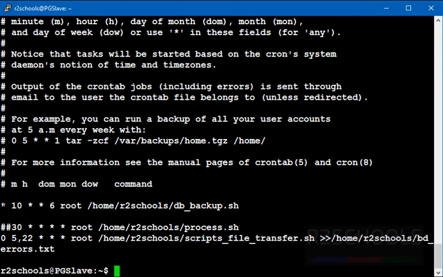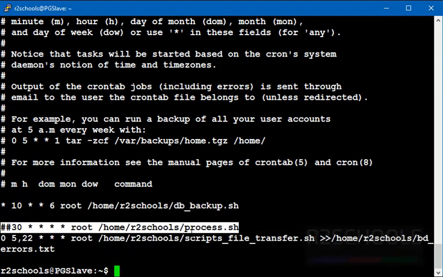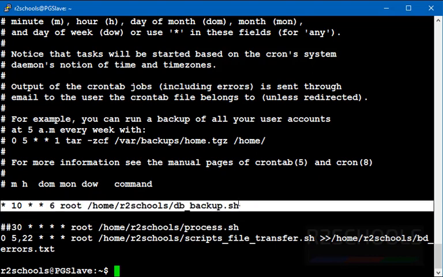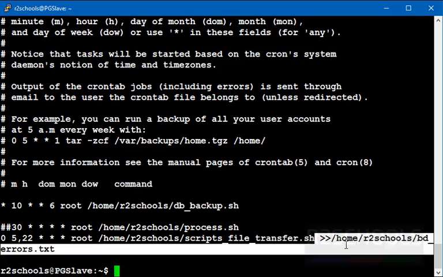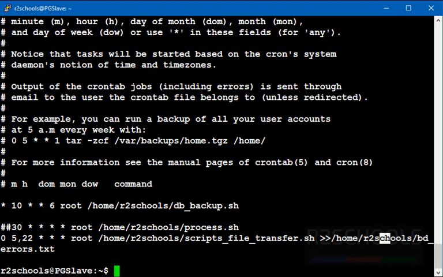See, we have 3 jobs. Out of 3, one is commented out, which means we have disabled that job. The first one runs the database backup job every Saturday at 10 a.m. This one runs every day at 5 a.m. and 10 p.m. If the script throws any messages or errors, they will be stored in this directory.